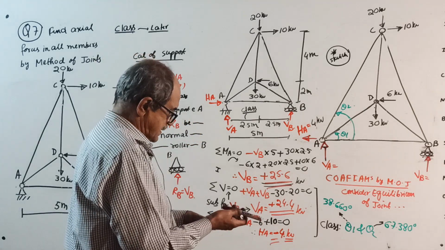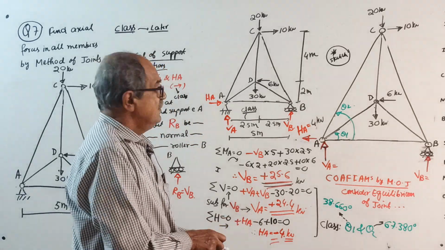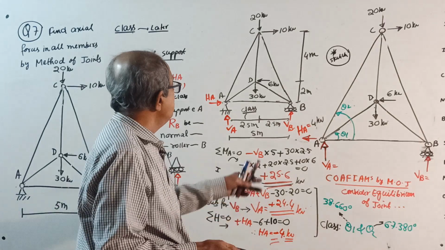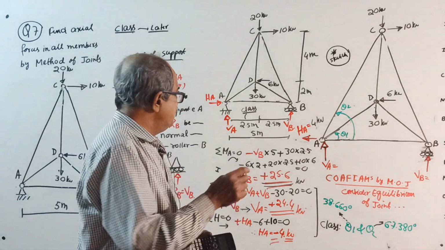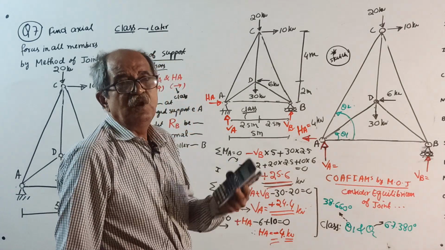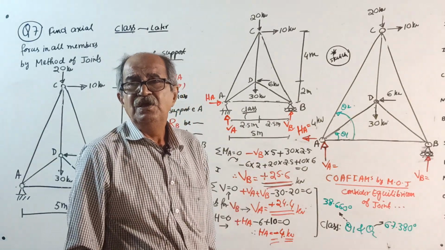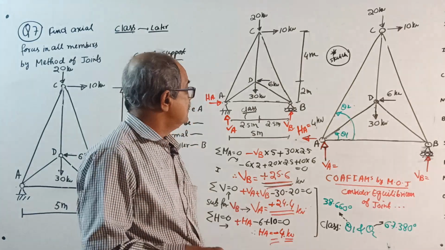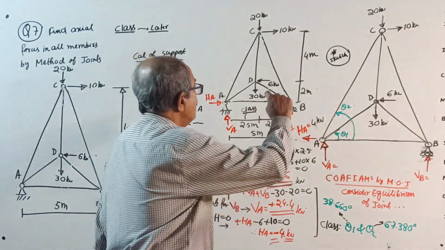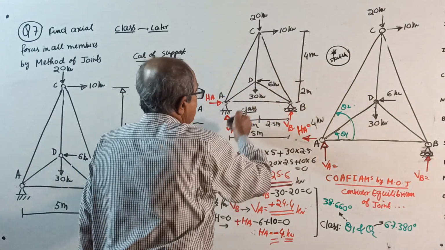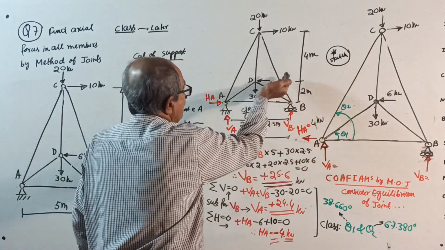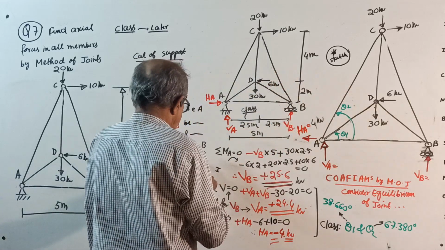Okay, see. 1 minute now. Sometimes when you find reactions, in such a simple question, if by chance you make a mistake here, your question is completely spoiled. So what you can do, just to check it, is take moment about B: VA into 5, clockwise, minus 30 into 2.5,